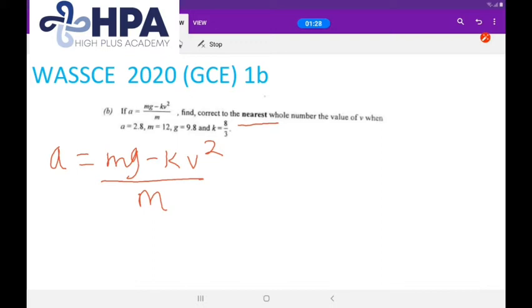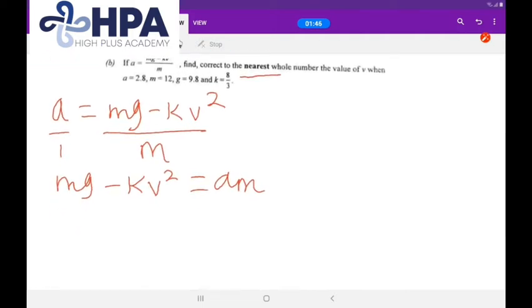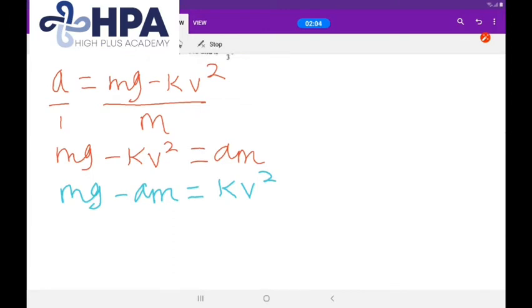Now the first thing you do is to cross multiply, right? So that becomes mg minus kv squared equals am. Now remember that you want to find the value of v. That means you want to make v the subject of formula. So if I have mg and I have am, I want to take v squared to the other side, negative v squared. That becomes kv squared. Very good. So what would I have there? You will see that m is common here, and we have g minus a